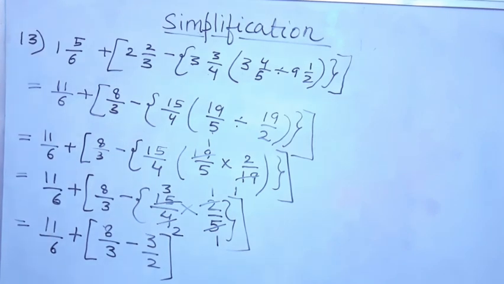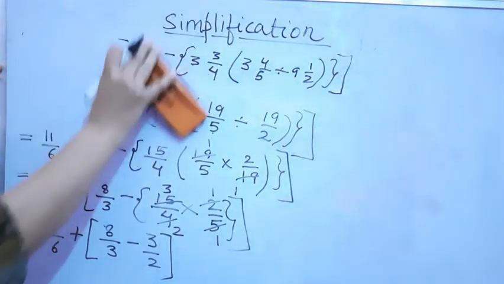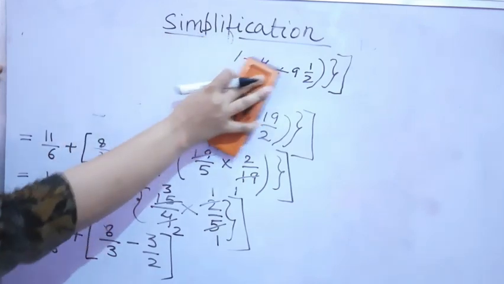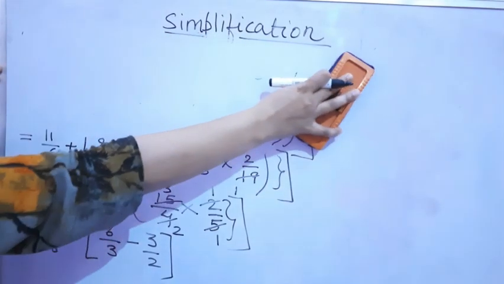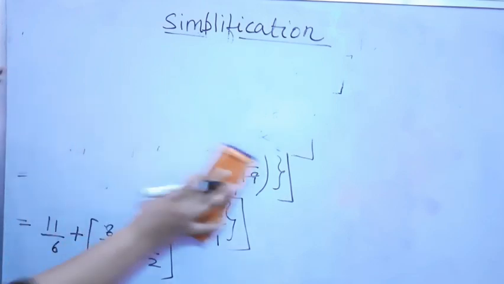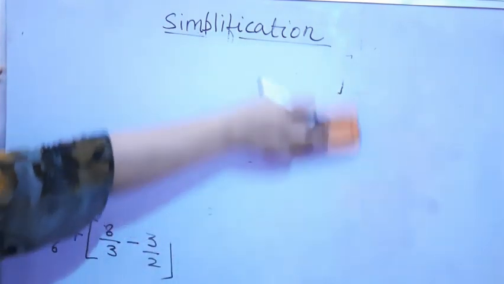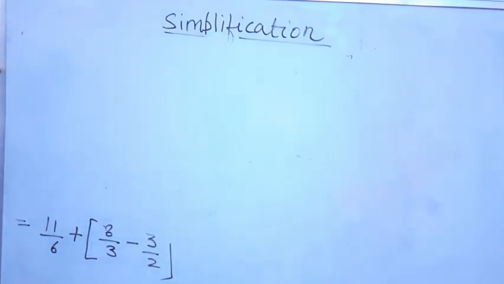Now comes LCM into the picture. So what is the LCM of 3 and 2? Since there is no space, I am rubbing it so that I can write the next steps over here. What is the LCM of 3 and 2? If you have not noted down anything written in the video, you can pause the video and then write it. Okay students, it will be easier for you to write the questions which I am solving in the video.